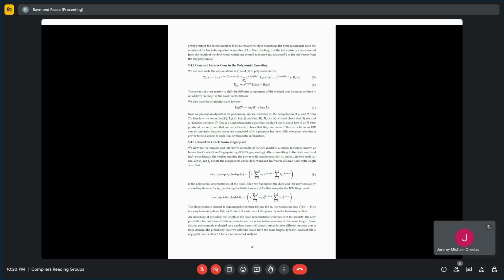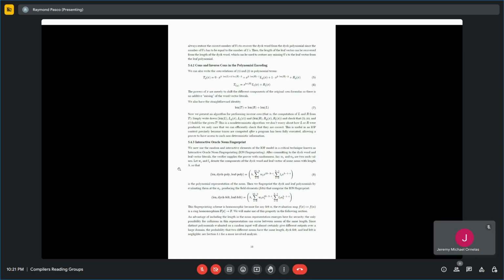Okay, so therefore, in the polynomial encoding, you can cons things, and you can also uncons them. I'm not really sure what they're doing here to uncons them. But consing them is kind of straightforward. You just shift the powers a bit and add them together. And similarly, you do the same thing here. Okay,